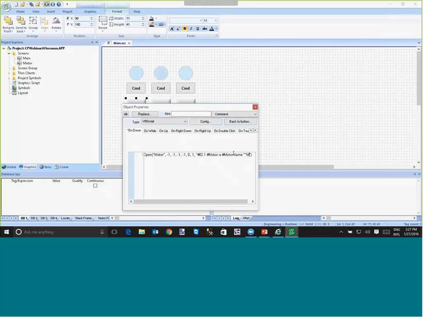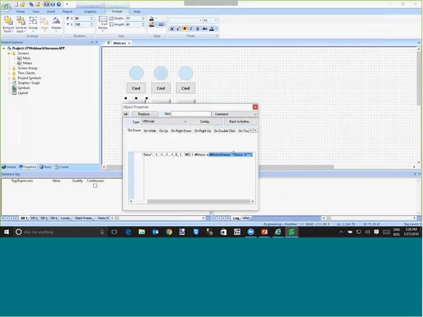So the motor name is going to be motor A and 2 quotes again. So those 2 quotes and those 2 quotes are understood by VBScript as a text, as a string value, which is a single quote, just because this is an alphanumeric value